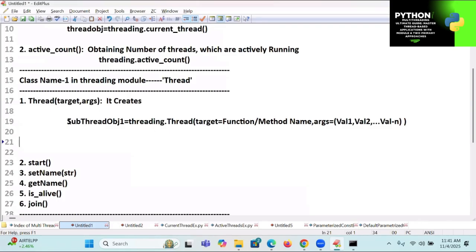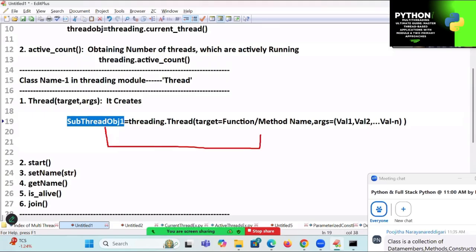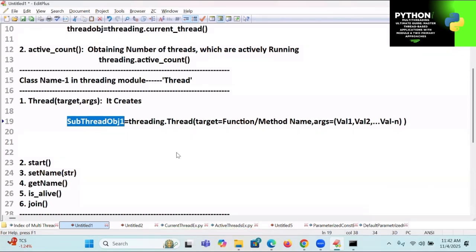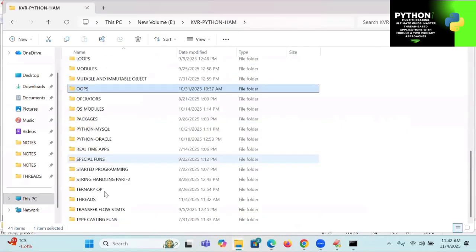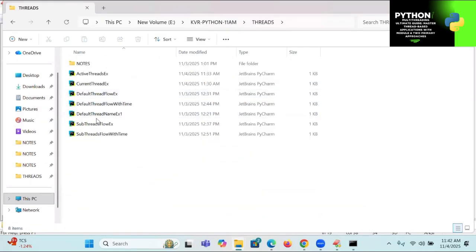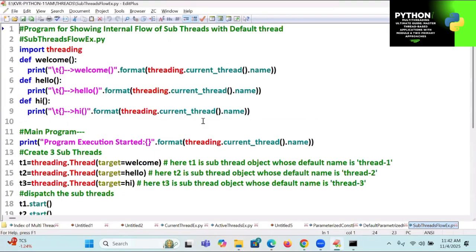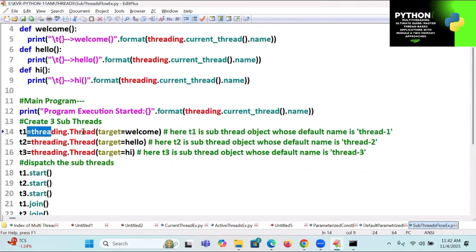A subthread object is created and initialized with which function the subthread has to execute. Yesterday: square function, cubes function, hello function, welcome function, etc. Yesterday's class, if you look, I will go to this place, threads. I will open yesterday's example, the subthread example flow. Here you observe it. This is the one I want to show you today. T1 is threading.Thread